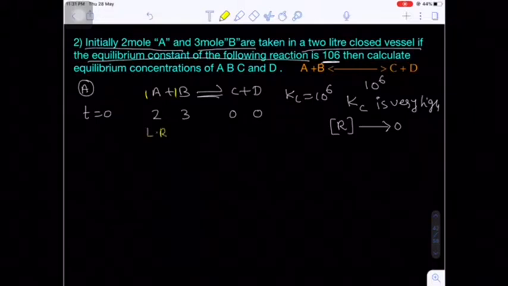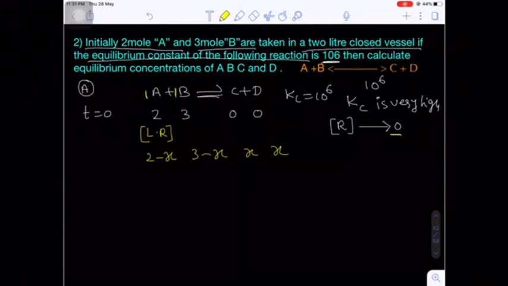That's why capital A is the LR, the limiting reagent. Are you getting my point? Now here, let's suppose X moles of A are consumed, so X moles of B should be consumed, because of the 1:1 ratio. So X moles of C and X moles of D will be formed, because of the 1:1 ratio. Let's suppose the limiting reagent is the one that has to be consumed, so its concentration tends to 0.